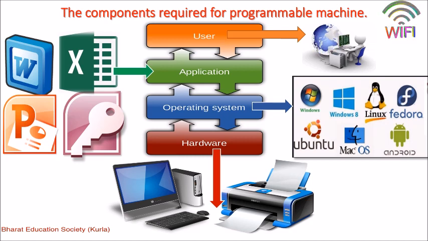So if we don't have software installed in the CPU, the machine is dumb. So to activate those peripheral devices, we require software called an operating system, which has to be installed in the CPU. Then our computer will start and be ready to perform different tasks. So that is the importance of the second layer, that is the operating system. Example, Windows, Linux, Ubuntu, Mac OS, Fedora, Android, etc. are examples of operating systems for computers.